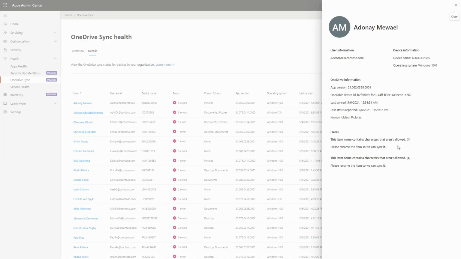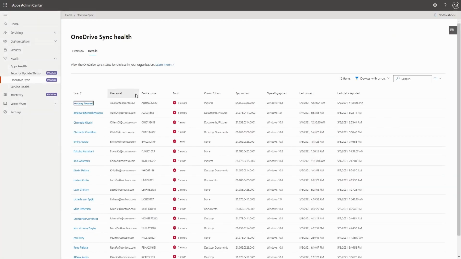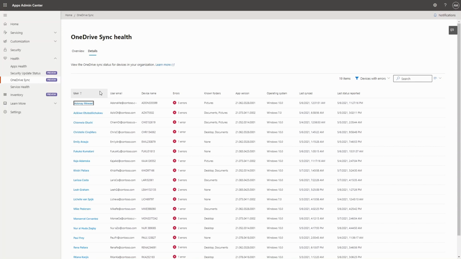All of this information is securely available within your tenant, so following all the privacy guidelines that have been set by the Office 365 team. So that again is applied to this, so you know where your data is being stored. The other thing to note here is this is in preview. So you have some functionalities that are not yet available that will be coming out. For example, things like export or ability to create custom filters. Right now, we only have some standard filters that the team is providing to you today, but you're going to start seeing some abilities to actually modify those.